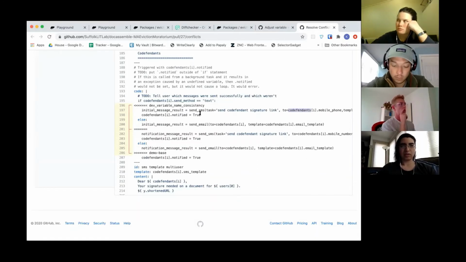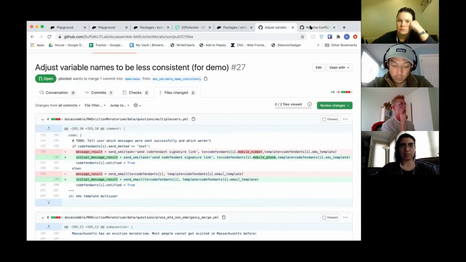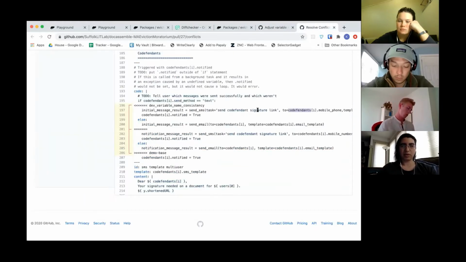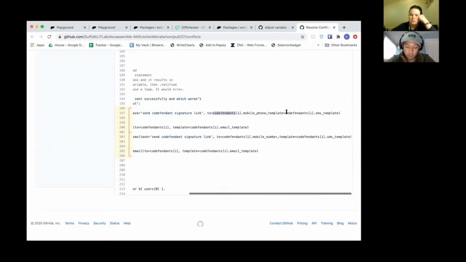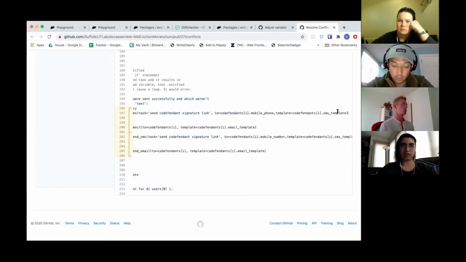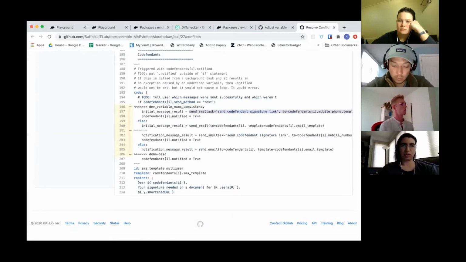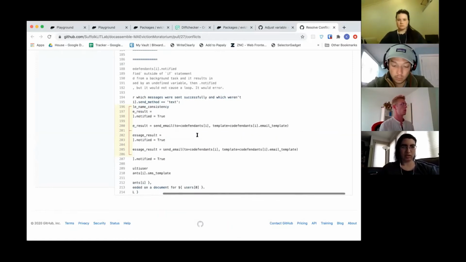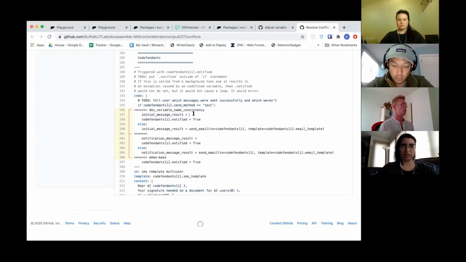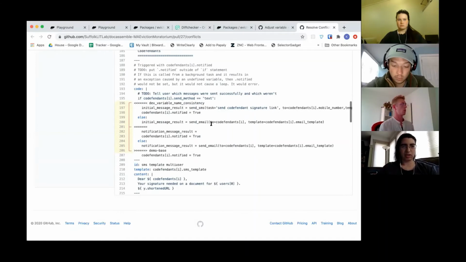Let me see. And then I'm going to test it. So I'm going to say I don't want mobile phone to change. I don't want that variable to change. But I do want the variable name initial message result to stay changed. Other than that,